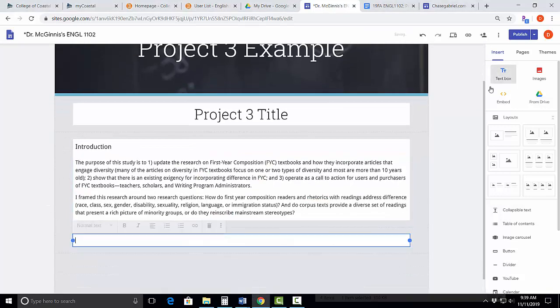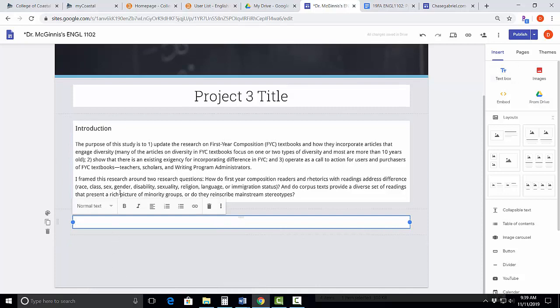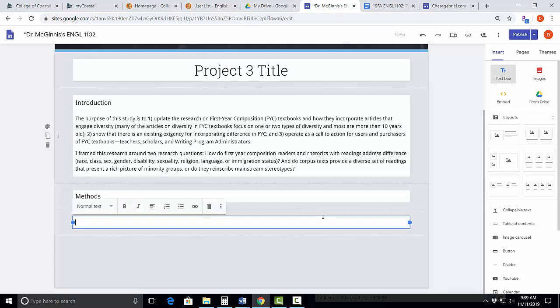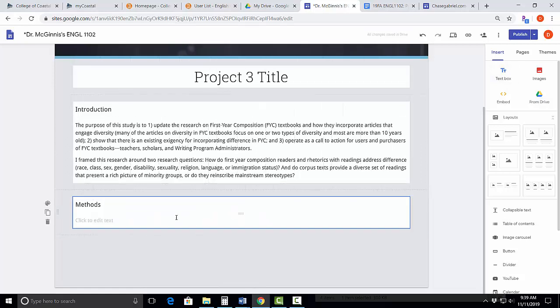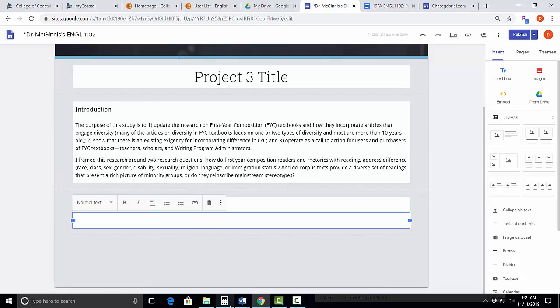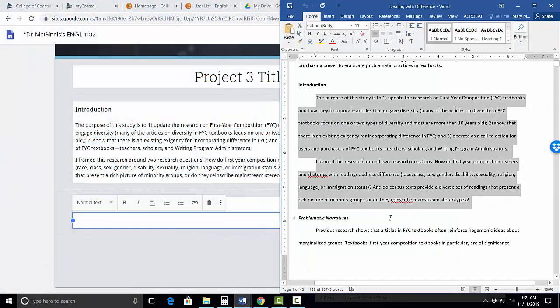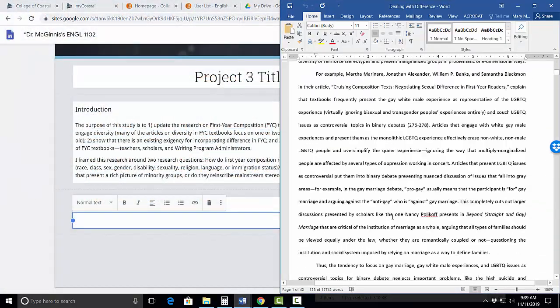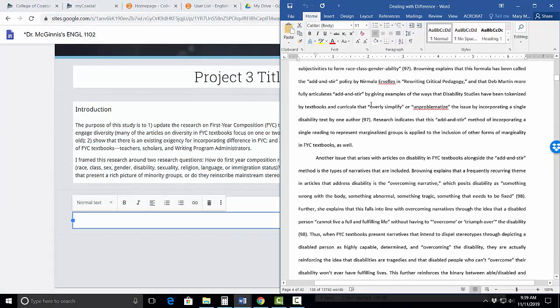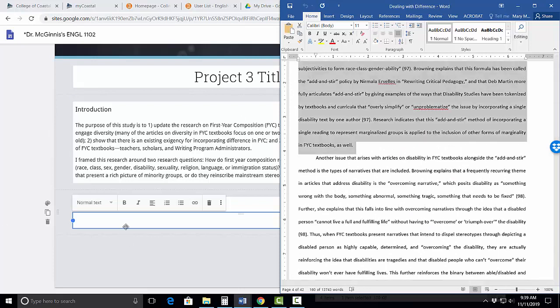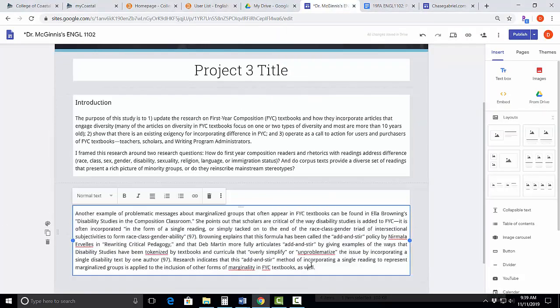Next, I'm going to hit text box, and your next section will be your methods. So we'll go to subheading because that's one we chose to use. Methods and text box, and we'll drag those together. And here you will paste your methods in. And we got our methods,